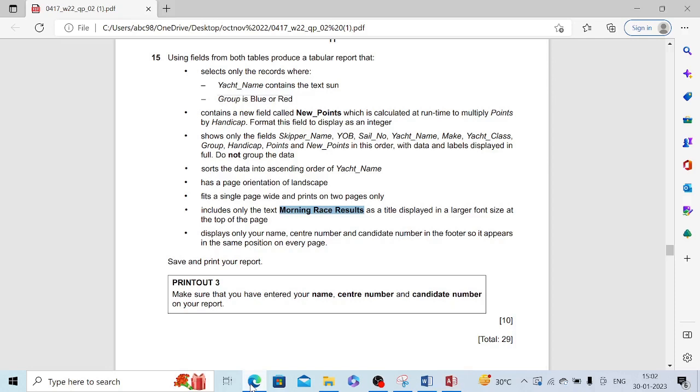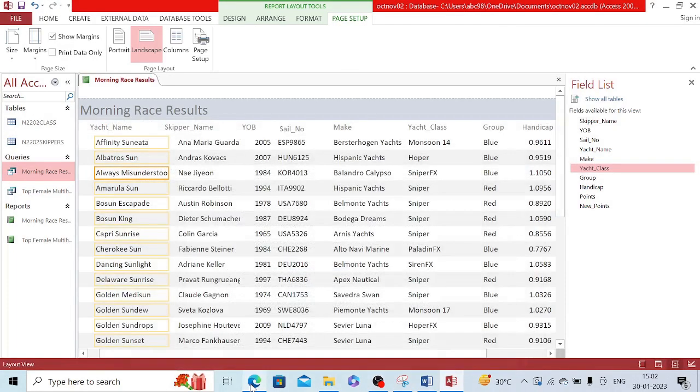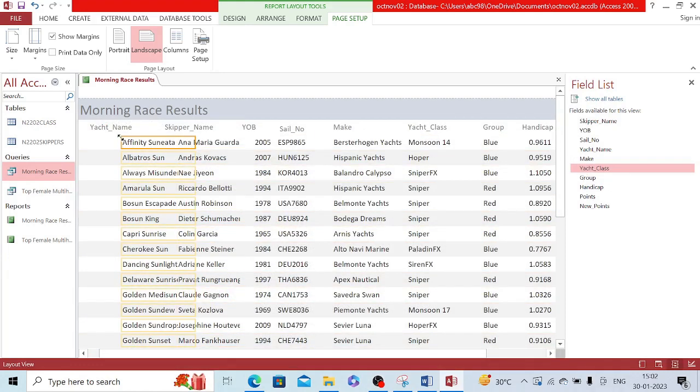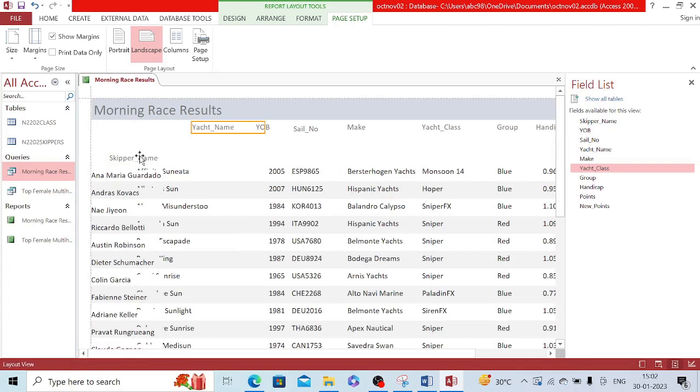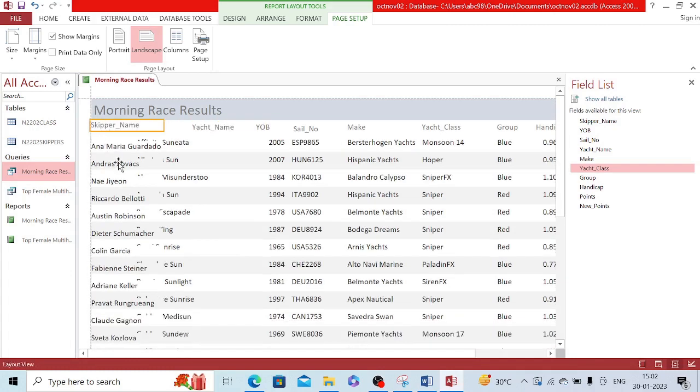The fields should be visible in this sequence which is given here. First should be skipper name. Okay. So skipper name. Yacht name should be here. Skipper name should be first, and then